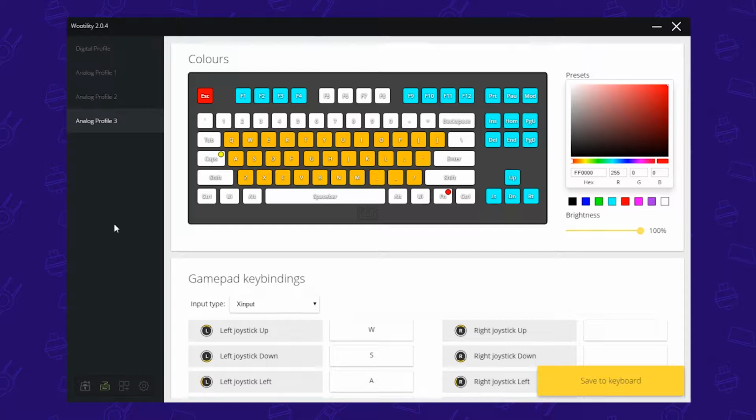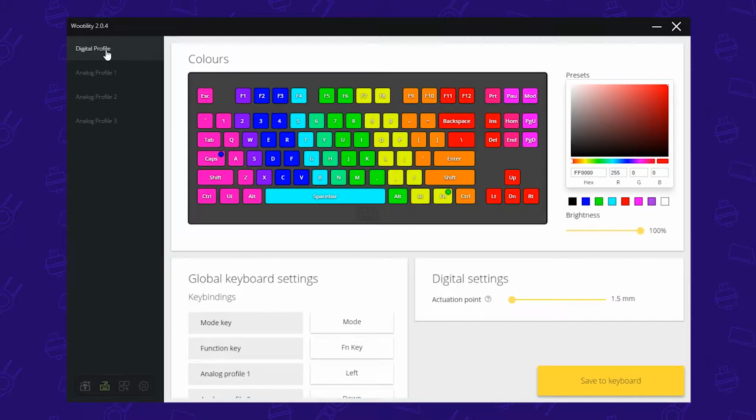Let's jump to the digital profile. This is the profile that only works as a keyboard and you will always be able to trust and switch back to with the mode button on your keyboard. Here we can change the individual RGB colors by simply choosing a color and clicking on one of the buttons. It will instantly show a preview on your keyboard, so it's easy to know if you like the color or